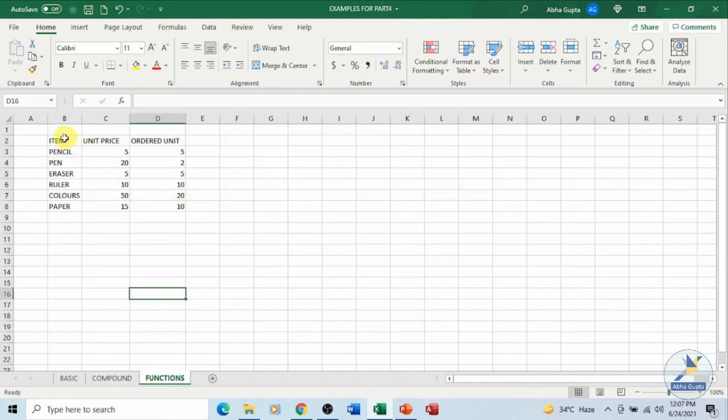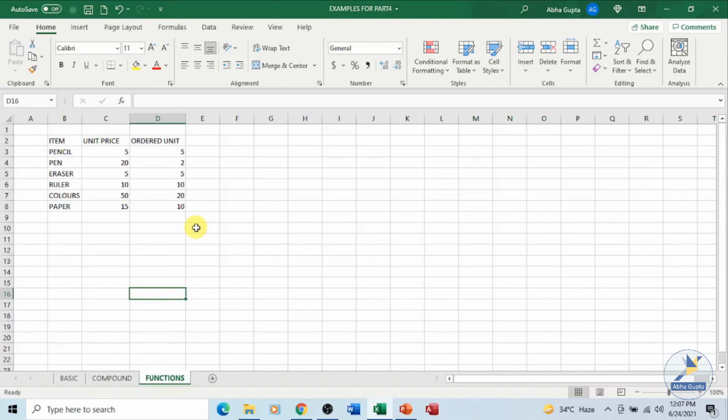Let's talk about functions. But before we move to functions, let us talk about cell range. A range refers to a series of values between two other values. That is, we have a starting value, we have an ending value, and in between those values we have certain numbers. Together they form a range.